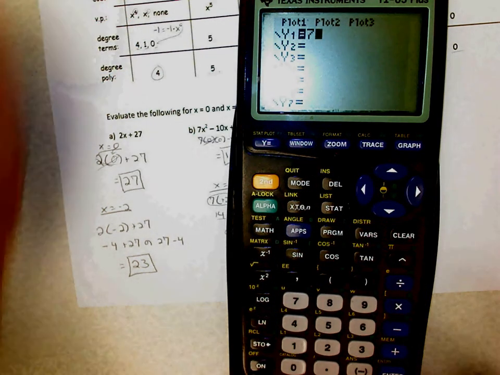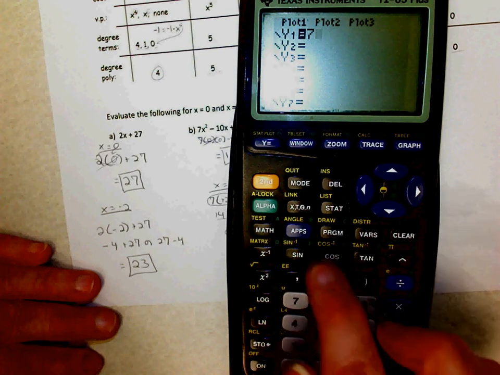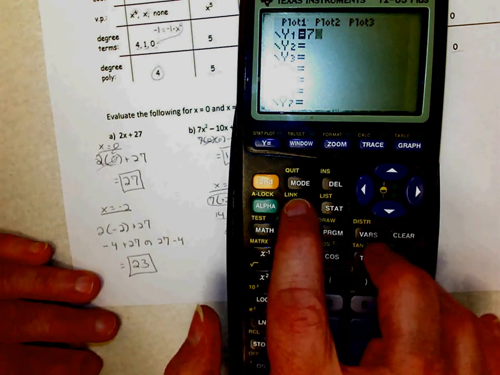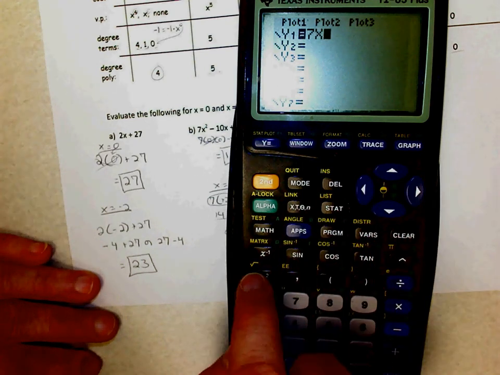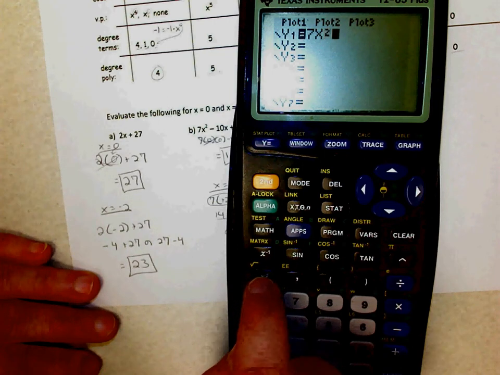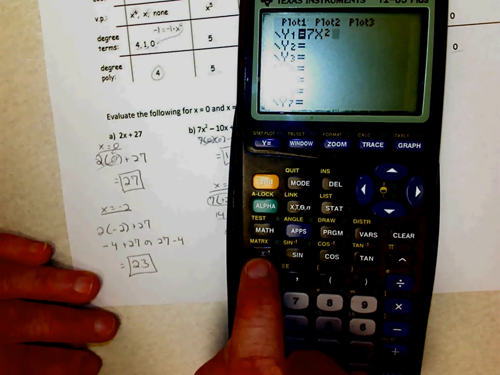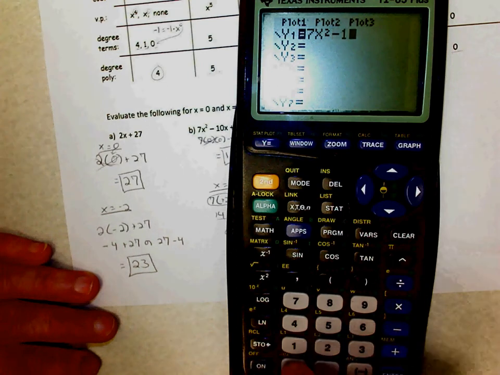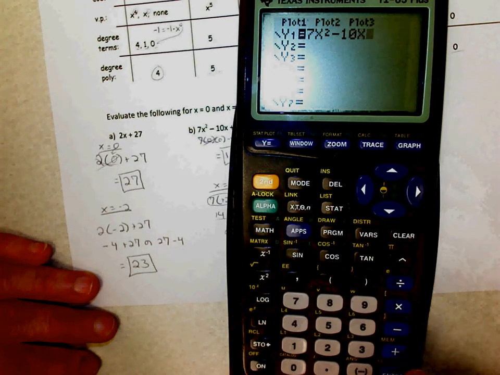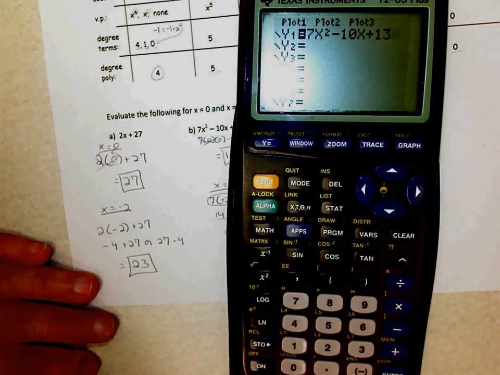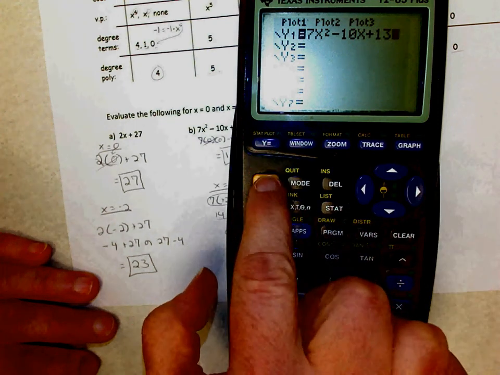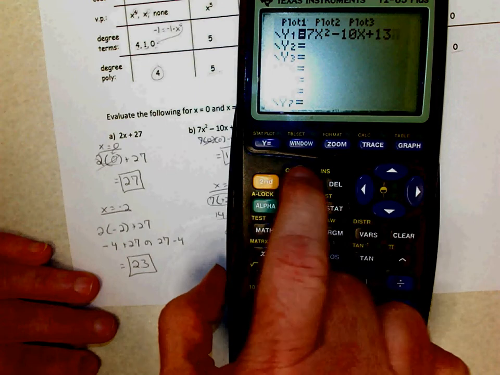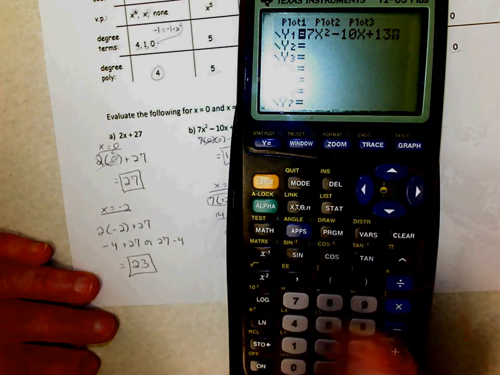Now 7, and your X is next to your alpha key, and your square is down here below the math and matrix keys, and then minus 10x plus 13, and then you would hit second, and you see here where it says table right above graph, second graph,